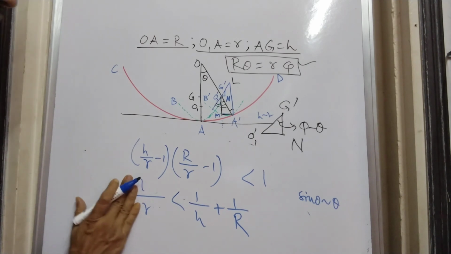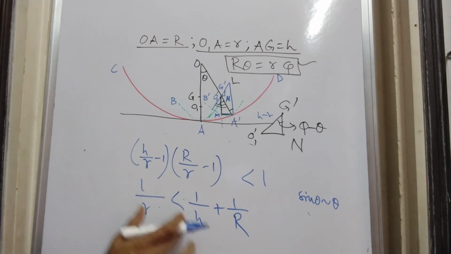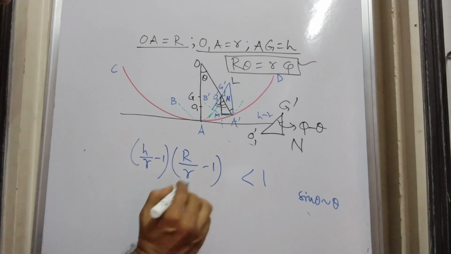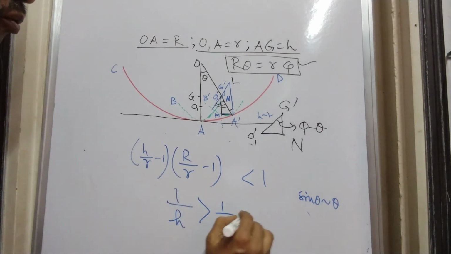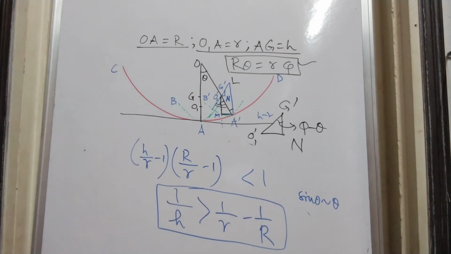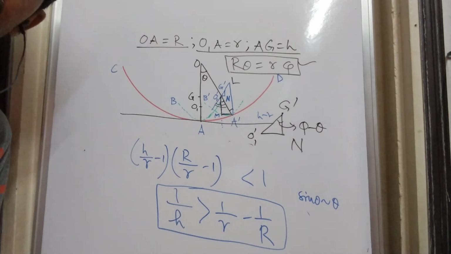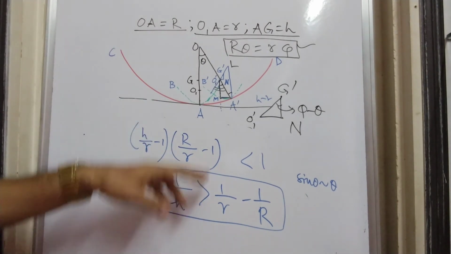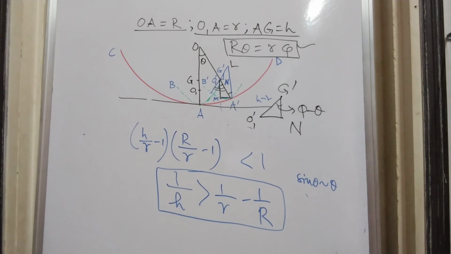We tend to write it as 1 by h greater than 1 by r minus 1 by capital R. So this is the condition of stability, and you can easily now infer that since capital R is greater than small r, so 1 by r will be greater than 1 by capital R. And this is a positive quantity, but this should be less than 1 by h, where h is